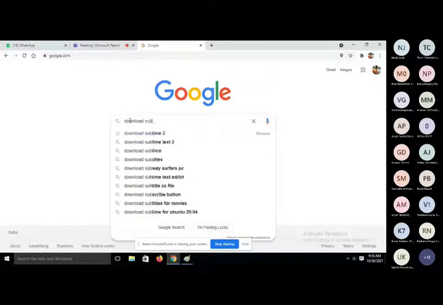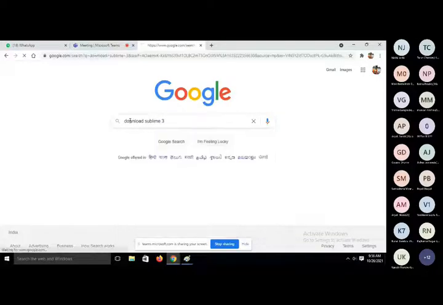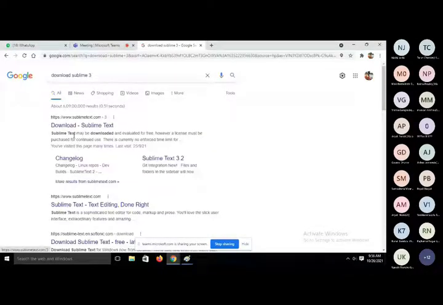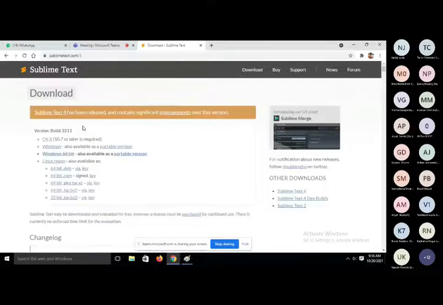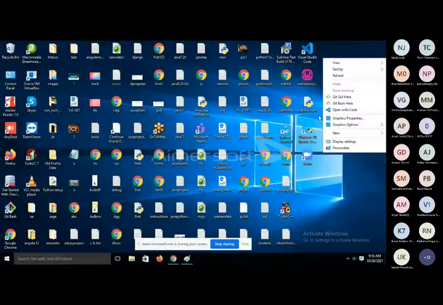Sublime Text. It is basically an IDE or editor through which we can easily construct our HTML application. So you can go to sublimetext.com/3 for the third version, and you can download any Sublime setup corresponding to your operating system, compatible with your operating system. Fine. So after you download this, then have a look at it. You can open